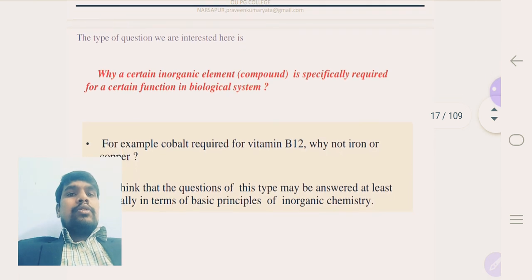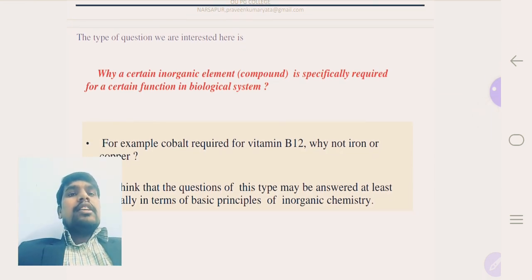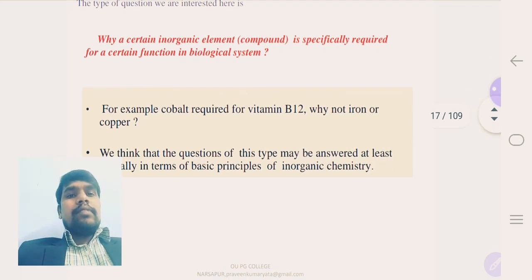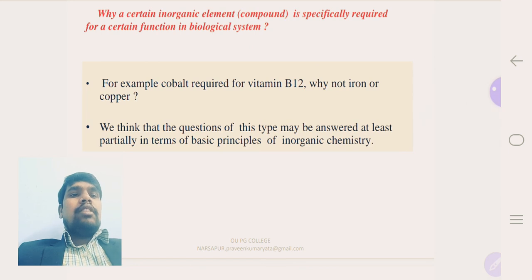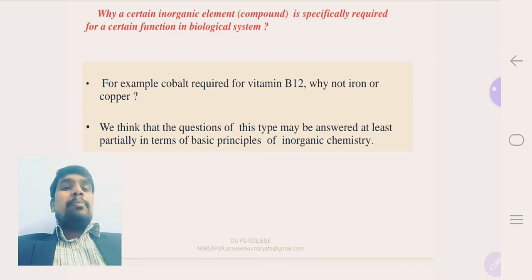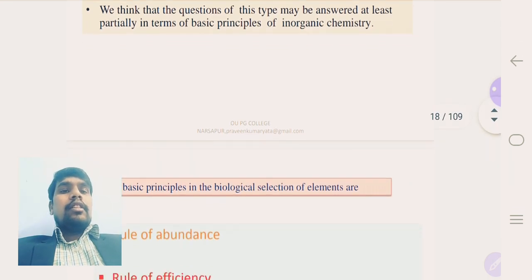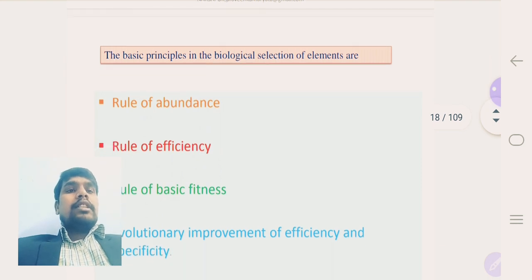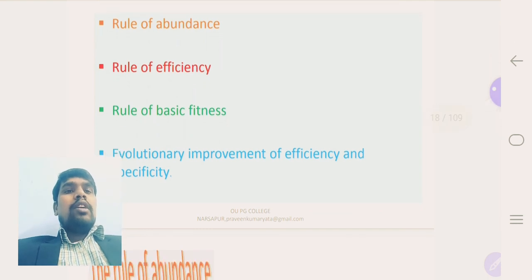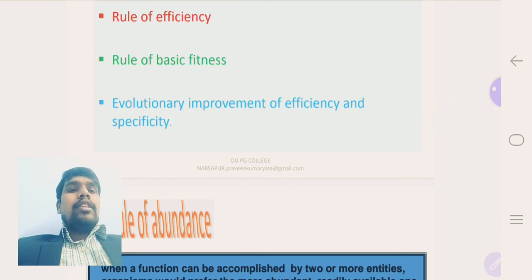Okay, so now the type of questions we are interested in here is why a certain inorganic element or compound is specifically required for a certain function in a biological system. For example, cobalt is required in vitamin B12, why not iron or copper? We think that a question of this type may be answered at least partially in terms of basic principles of inorganic chemistry. There are four basic principles in biological selection of elements: the rule of abundance, the rule of efficiency, the rule of basic fitness, and evolutionary improvement of